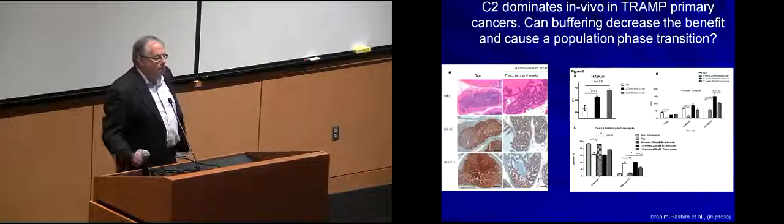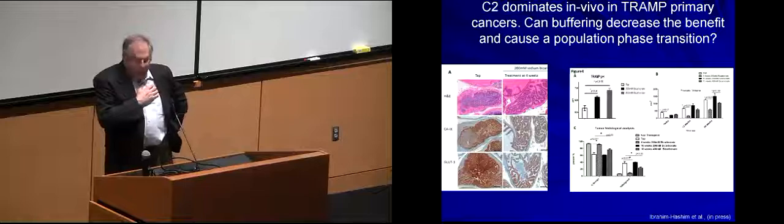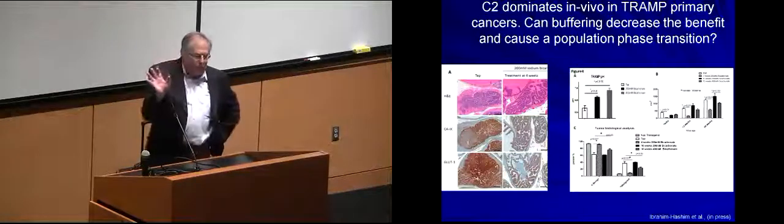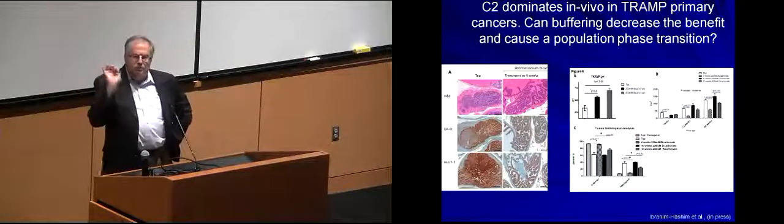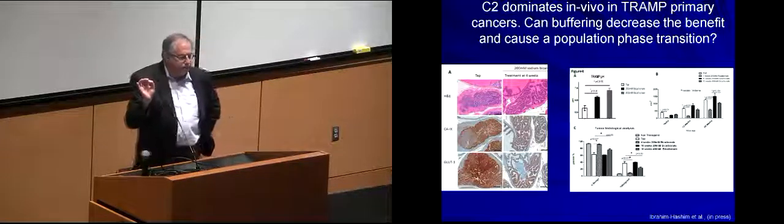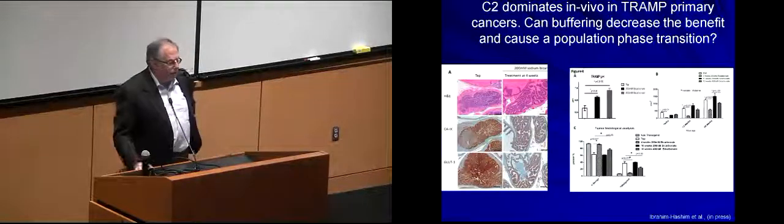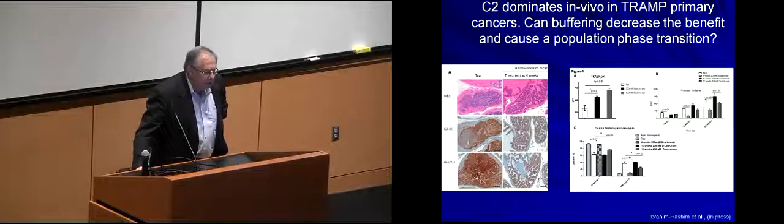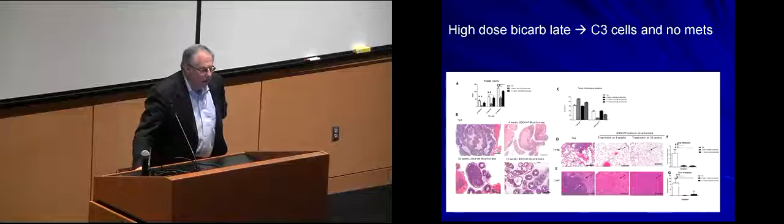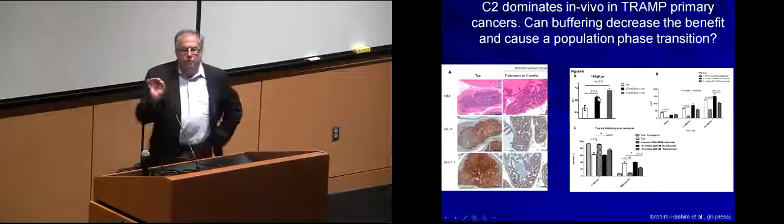Does it work? So we've done this in TRAMP mice, and what we found, as predicted by the models, is that without any therapy at all, the C2 invasive cancer cells dominate the population. Can we reduce that with buffering? And so it turns out, if we add 200 millimolar sodium bicarbonate